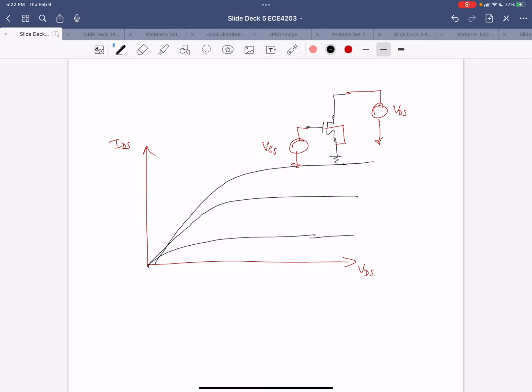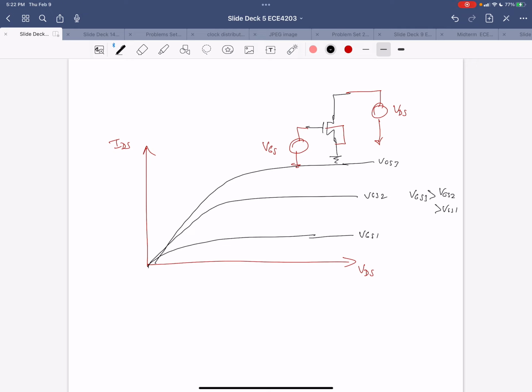So this is VGS1, VGS2, VGS3, and VGS3 is bigger than VGS2, which is bigger than VGS1, etc. Basically you get these families of curves of IDS versus VDS, and a similar thing happens for the PMOS,